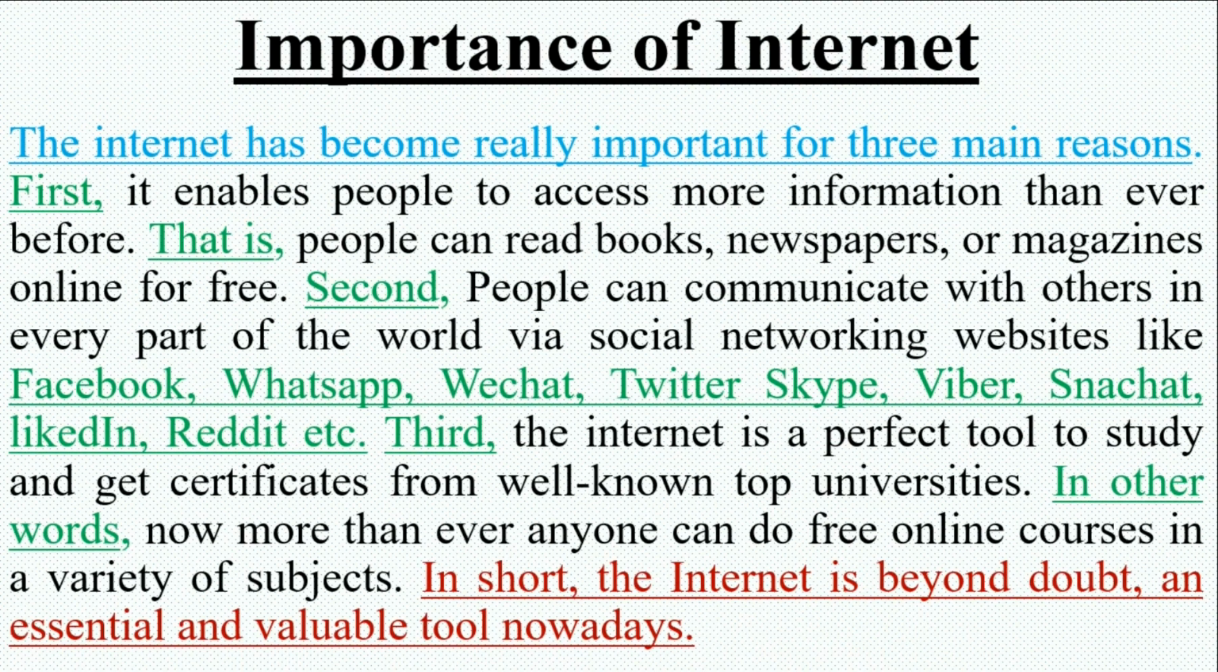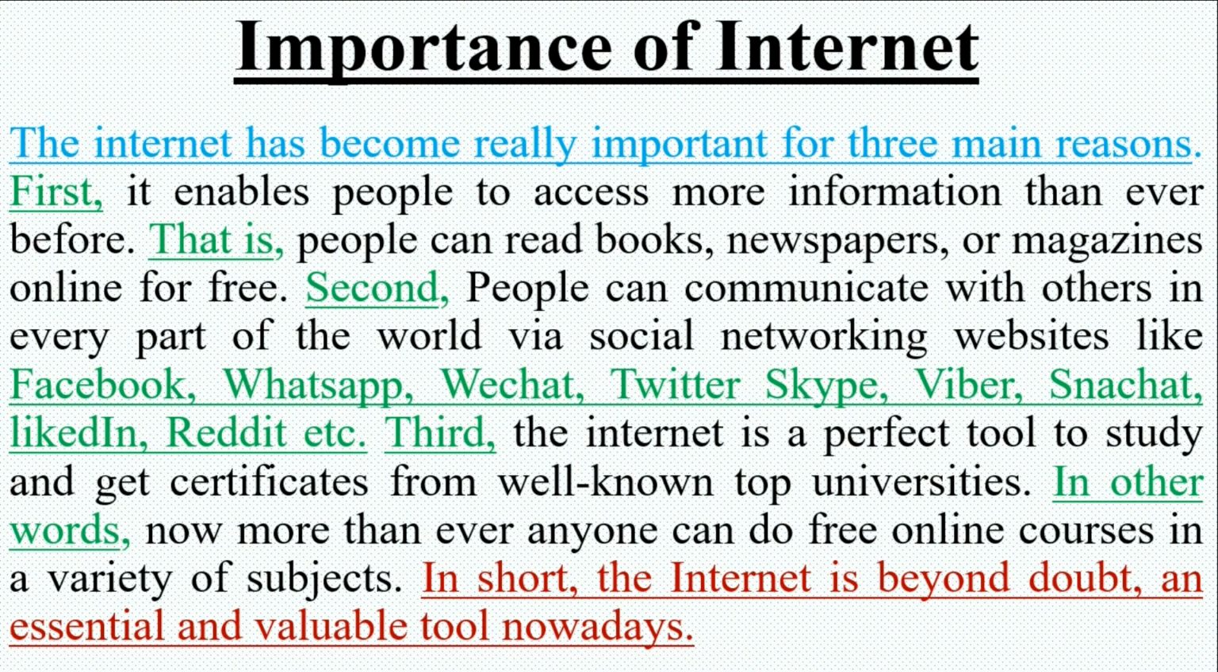Look, this paragraph you already got in my last video class. Importance of internet. The internet has become really important for three main reasons. First, it enables people to access more information than ever before. That is, okay, so topic sentence. Which one is the topic sentence? Here the topic sentence may be at first or at last, both. The internet has become really important for three main reasons. Here this word important has been mentioned. So we can say that in support of this word,